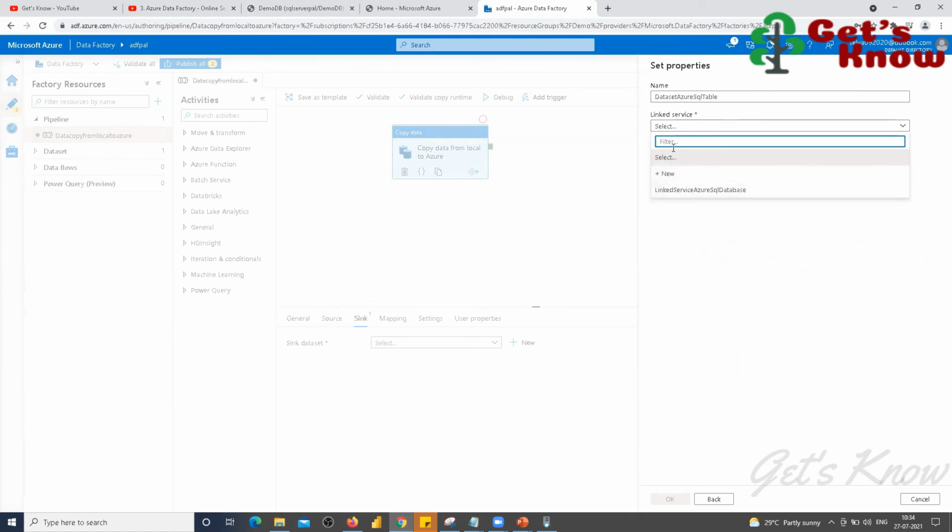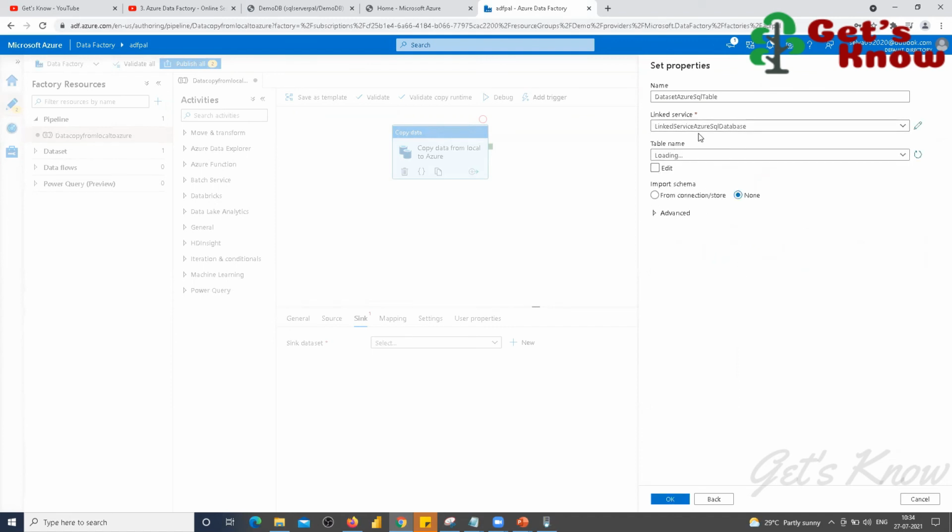The Azure SQL database linked service we have to create, but already we have created everything. Yes, correct. So here this is the table name. Then click OK.